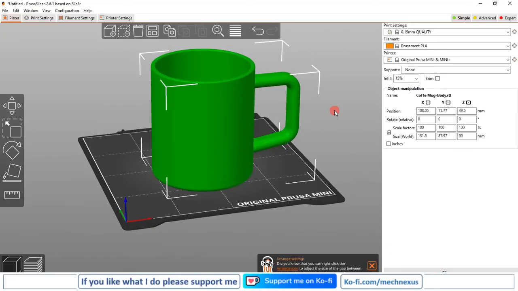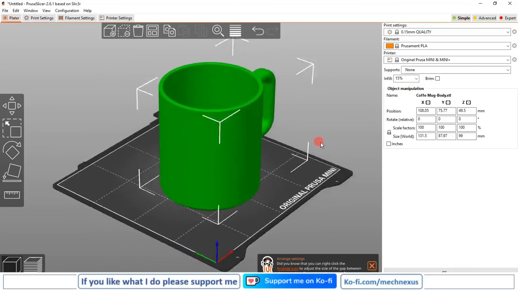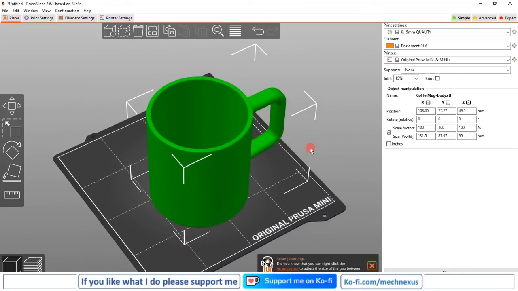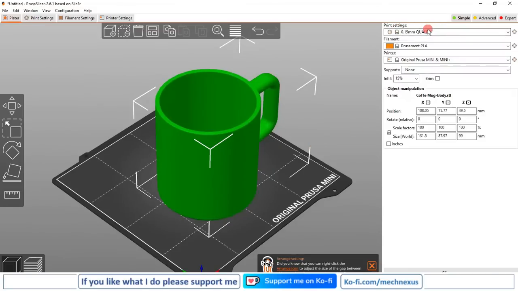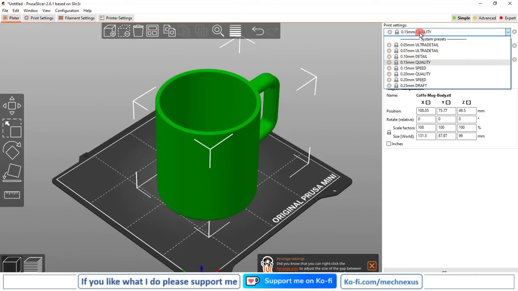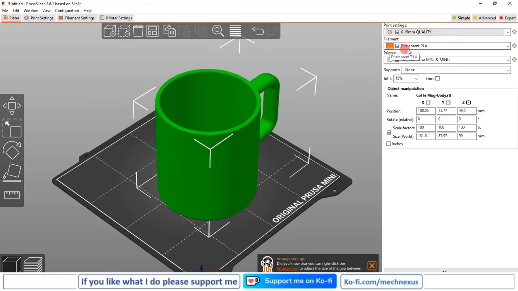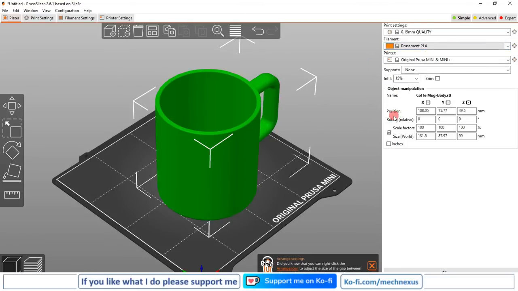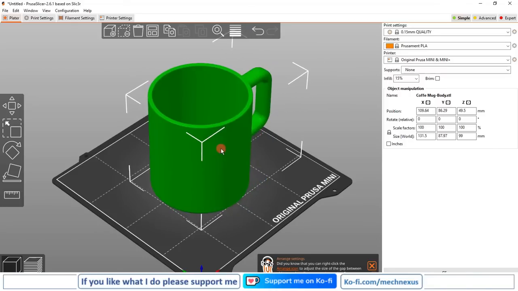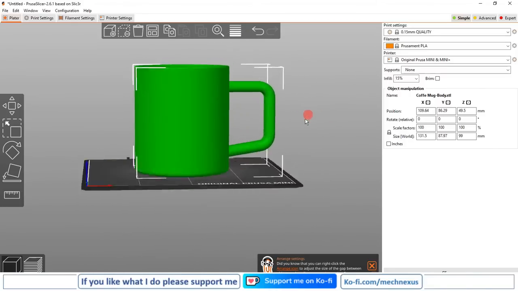So here is our coffee mug. We can rotate it by pressing the left mouse button. And now if we go to the print settings, then here are print quality, filament types, and from here you can see the position of our coffee mug. You can change the position of your coffee mug,